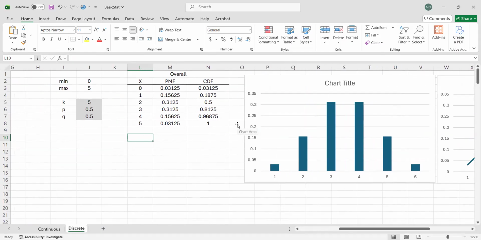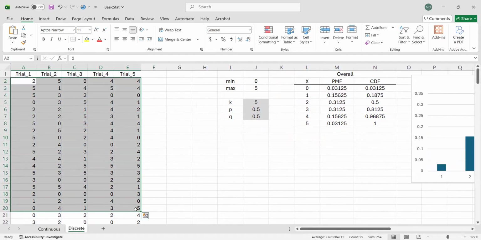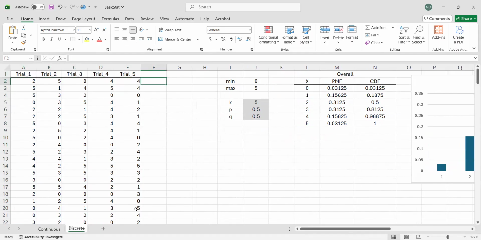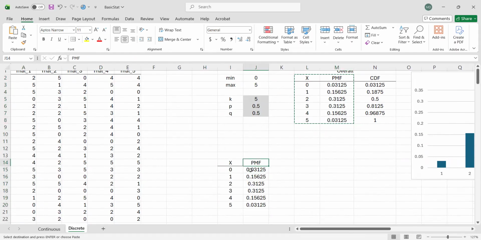If you want to graph, by the way, for example, you want to check how many zeros, ones, twos, threes, fours, and fives per trial, you can do so. Just let's copy this one. Let's have the frequency, or small letter f.